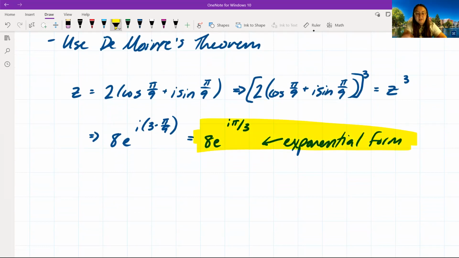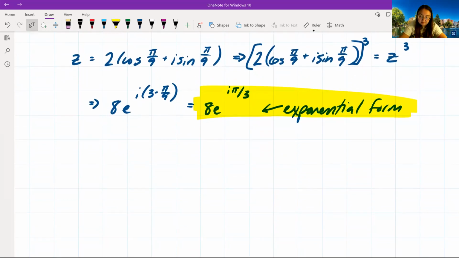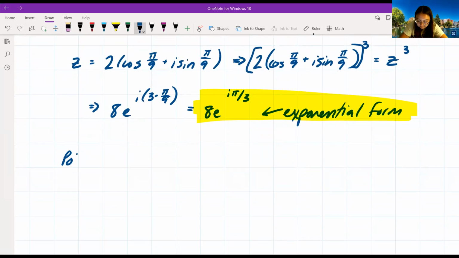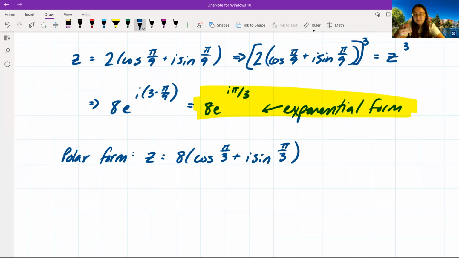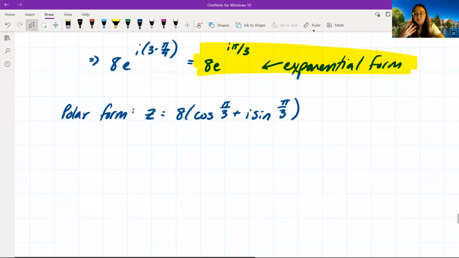So we have our answer in exponential form, but if we want to get to rectangular coordinates, we have to go to polar first. So in our polar form, this would end up being z is equal to 8 times cosine pi over 3 plus i times sine of pi over 3. So now we have these values. Remember, we want to put these back in rectangular coordinates. So we're going to find the values of cosine of pi over 3 and sine of pi over 3,